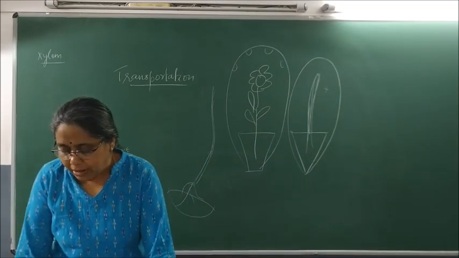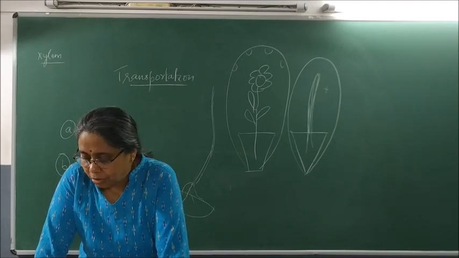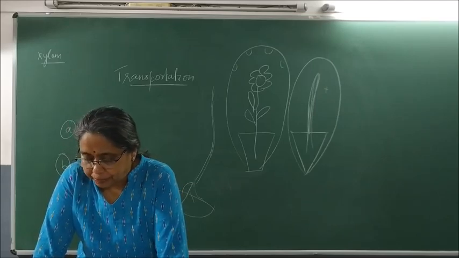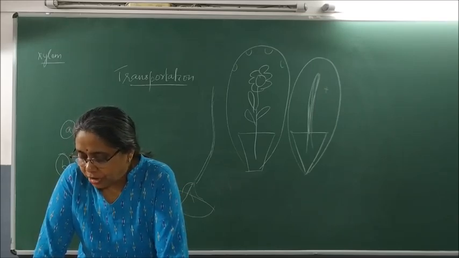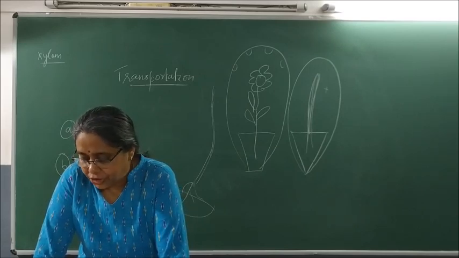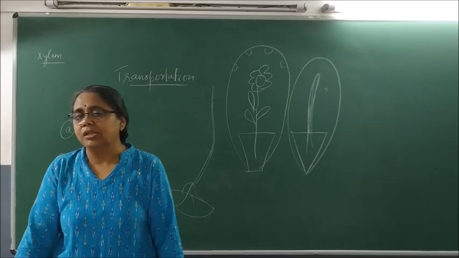Take two small pots of approximately the same size, having the same amount of soil. One should have a plant in it. Place a stick of the same height as the plant in the other pot. Cover the soil in both pots with a plastic sheet so that the moisture cannot escape by evaporation. Cover both, the one with the plant and the other with a stick, with a plastic sheet, and place in bright sunlight for half an hour. Do you observe the difference in the two cases? Please write.